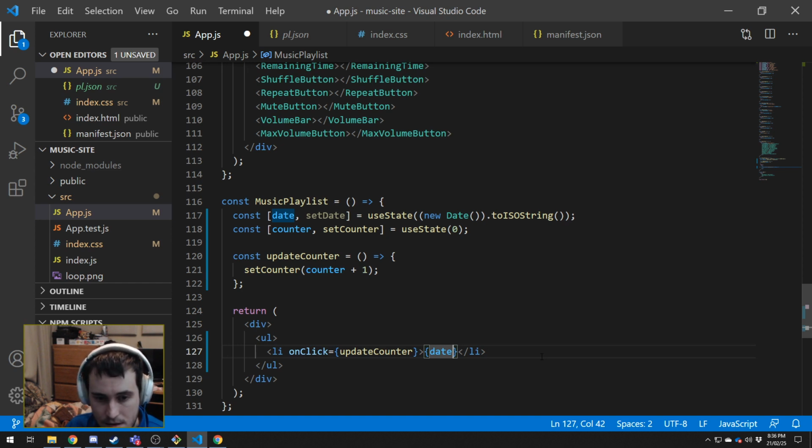And we still want to put date in there. We'll say site page opened at this time, and counter clicked